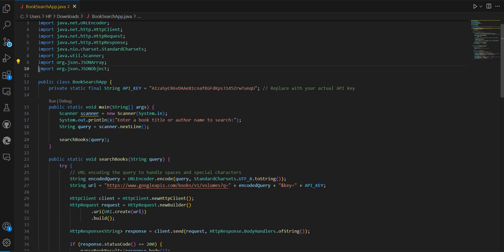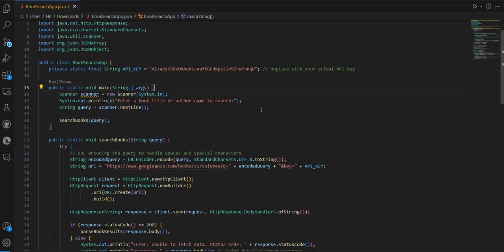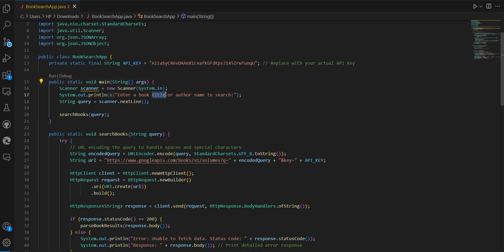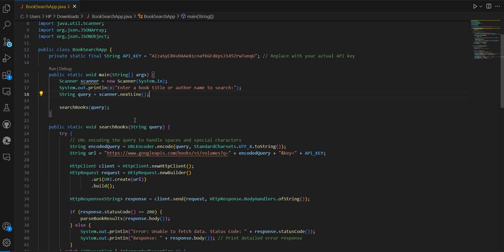API key. We define a constant API key that holds our Google Books API key. Remember to replace this with your actual API key when you run the program. Now when we go through the main code, the main method is where the program starts. It prompts the user to enter a book title or author name using the Scanner object for searching